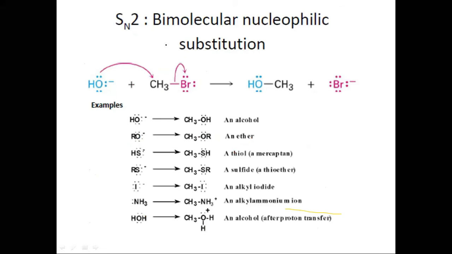So let's start with the SN2, that is bimolecular nucleophilic substitution. So substitution, nucleophilic, bimolecular reaction. For the example of this SN2, let us start with the substrate methyl bromide, and the nucleophile is OH minus. In this case, we can call the substrate RX, where R is methyl and X stands for Br, and this is Nu minus. So this is the nucleophile, and this will be the substrate. During a reaction between the nucleophile and the substrate RX, that is methyl bromide, it will lead to the formation of